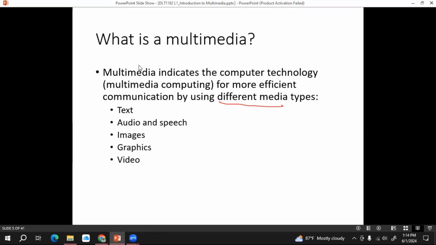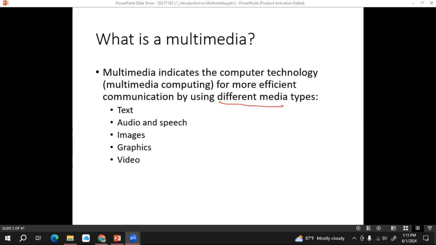Now we are using some kind of multimedia technology, right? Zoom is a combination of these different media types. You can see this text, right? You can hear my audio, my voice. You can see videos. Then you can see some images available in slides later on, right? So we are accessing different media now also, right?